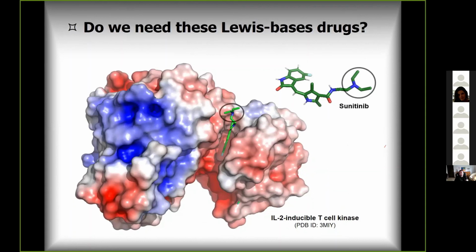So this is just a simple question for you: do we actually need these Lewis bases? Of course, they give incredibly good solubility, otherwise most of these hydrophobic compounds will never be soluble and it will be very difficult to do a treatment. And some of these compounds are actually pills. It will be impossible for you to take it as a pill if it were not a Lewis base. On the other hand,